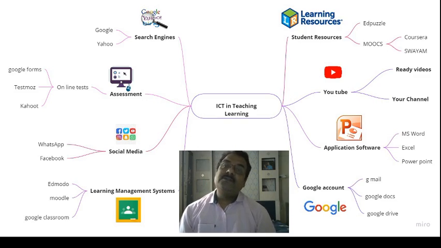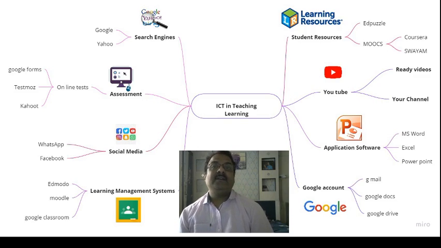We can also conduct assessment. Student assessment is a very important thing. So we can assess students' understanding and knowledge using ICT tools like Google Forms, Testmoz, Kahoot. Kahoot is a very beautiful app which is available on both PC as well as mobile, and we can have live gaming with students using Kahoot.